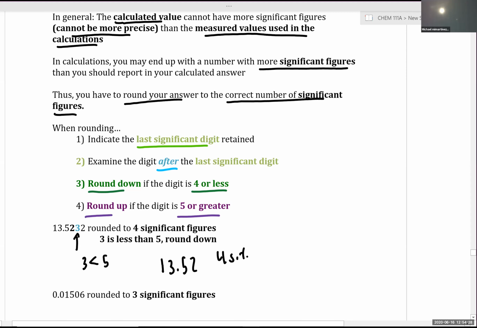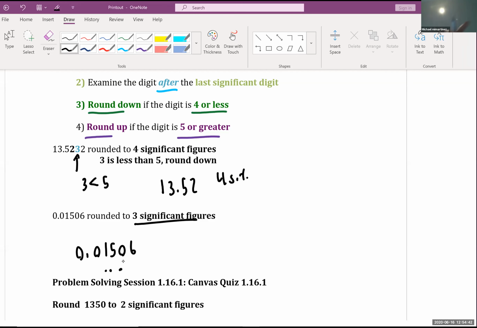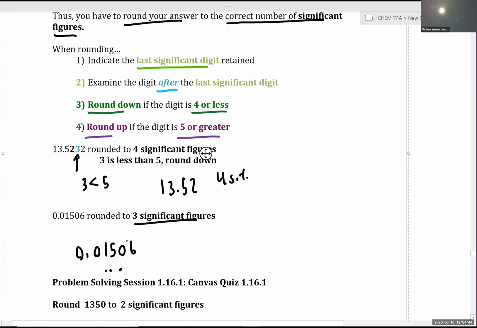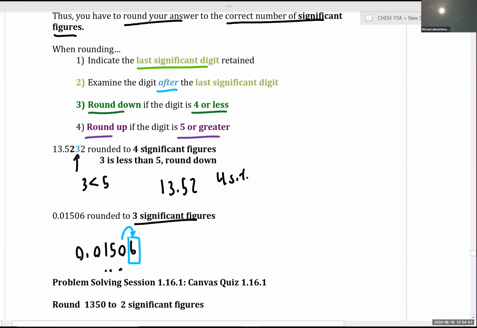Okay, so let's look at this next example. So we have 0.01506 rounded to 3 significant figures. So we have 1, 2, 3. So the 0 is the last significant digit. So we look 1 space to the right, and is 6 greater than or less than 5? Do we round up or down? We round up, and that in turn gives us